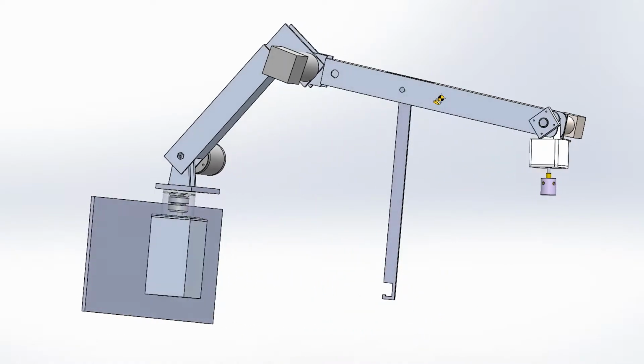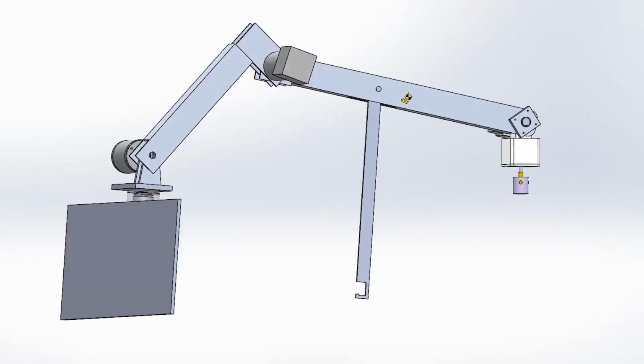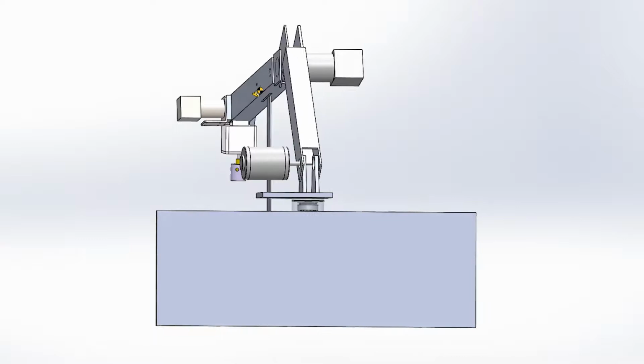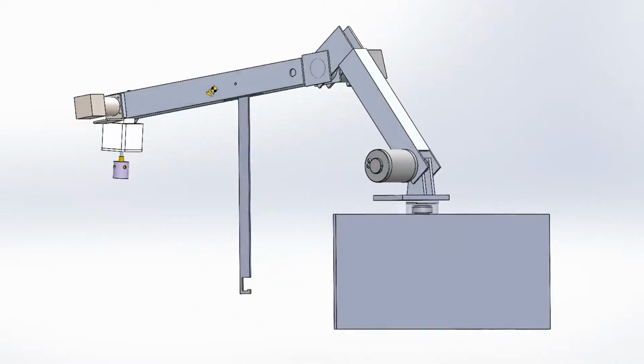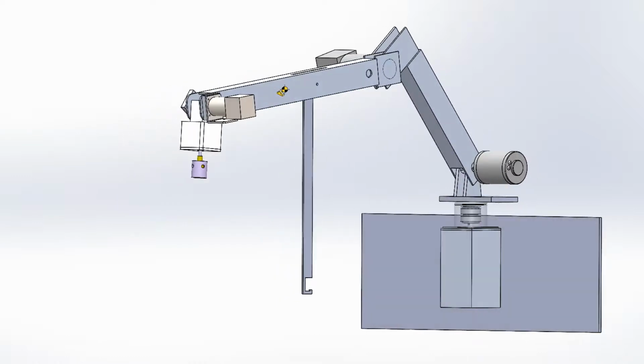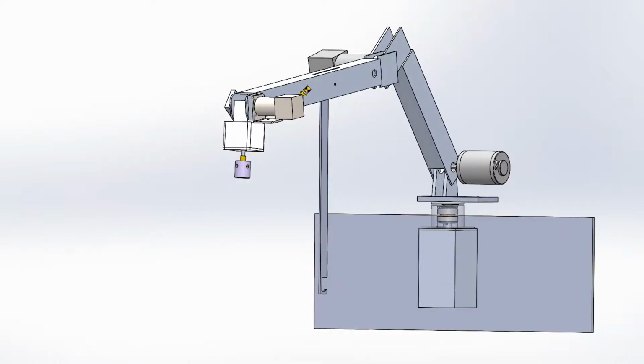One of the major design decisions that we made with regards to the arm was the decision to use 5 rotational actuators, 4 stepper motors, and 1 brushed, in order to provide us with more flexibility to move the arm. Another element that we introduced into the design was a hanging hook located partway between the elbow and the